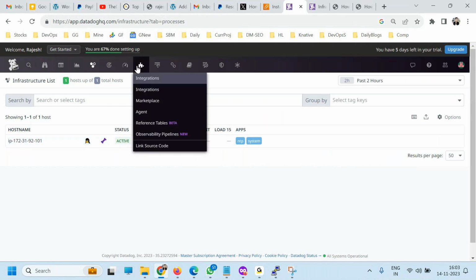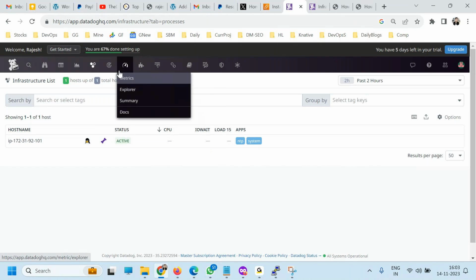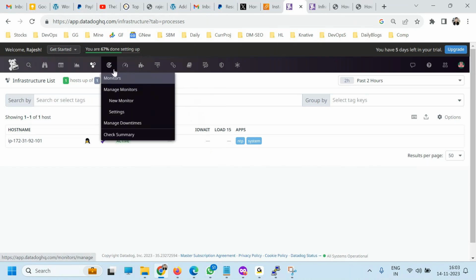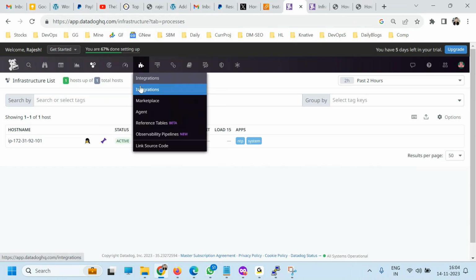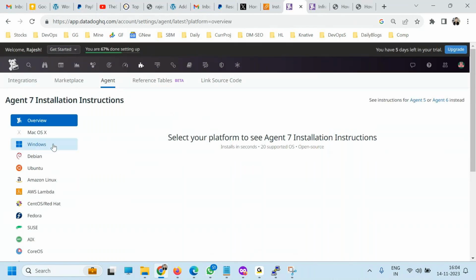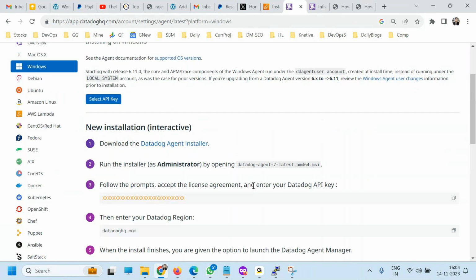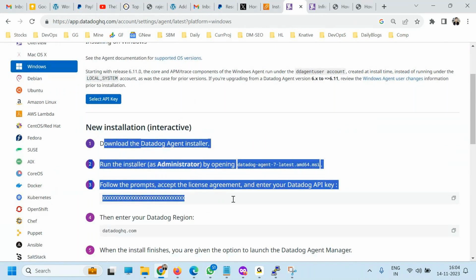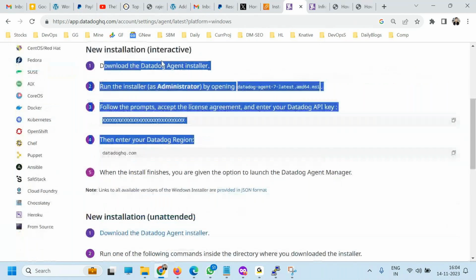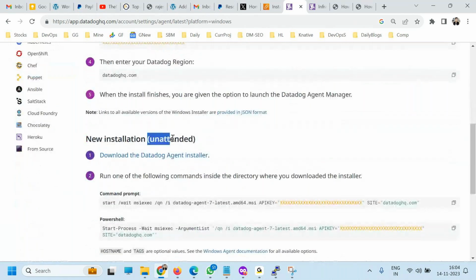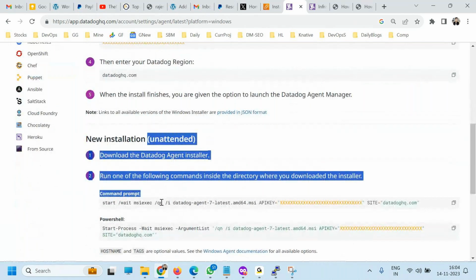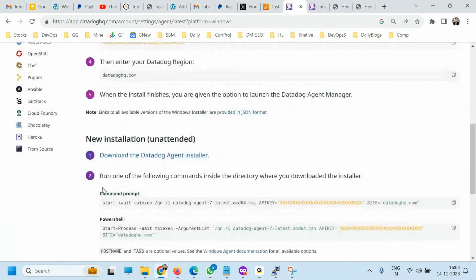So likewise. Now how do we go ahead with Windows machines? So Windows machines also you have to have one Windows agent. For example, I'll tell you. So go to the infrastructure agent, and here Windows will be much easier for you. So here you have two options. Either you want the UI, so follow this one, interactive we call it, and if you want the automation, then follow this one. So what you're going to do, open your command prompt in admin mode.